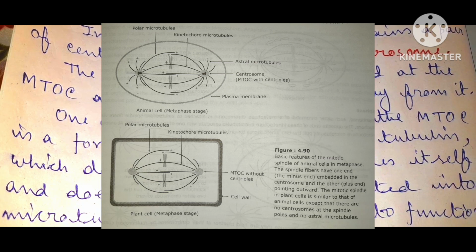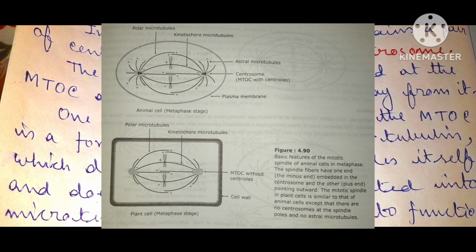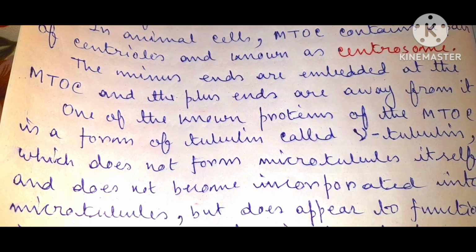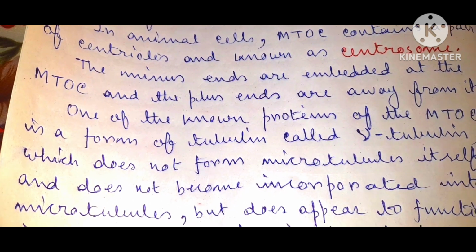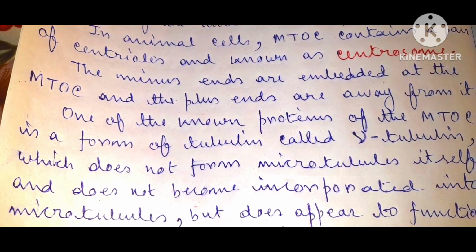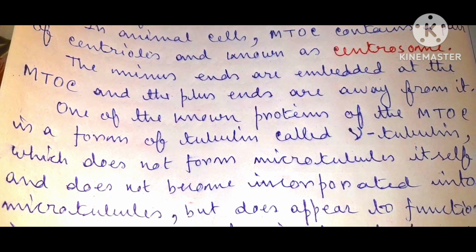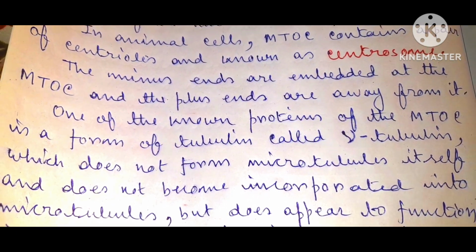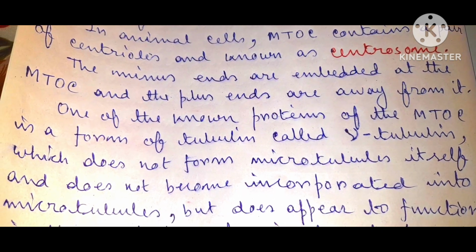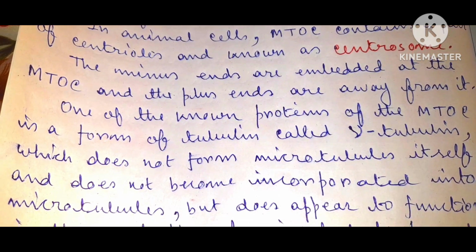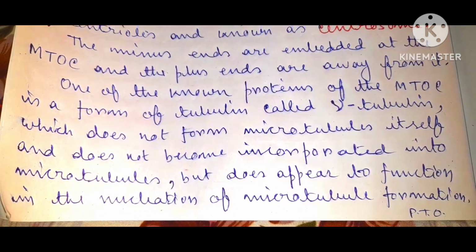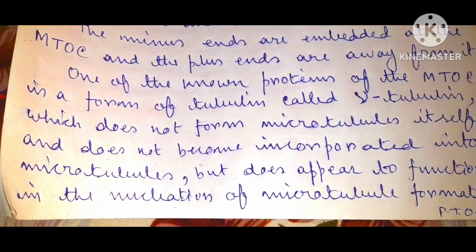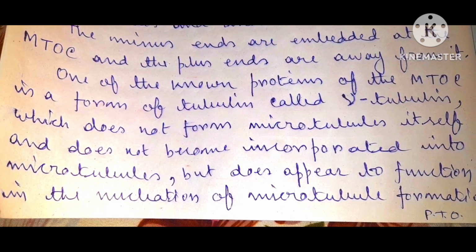If you want to know what is minus end and plus end, please see my previous discussion note about kinetochore. What is minus end and what is plus end is clearly discussed there along with a diagram. Okay, one of the known proteins of the microtubule organizing center is a form of tubulin called